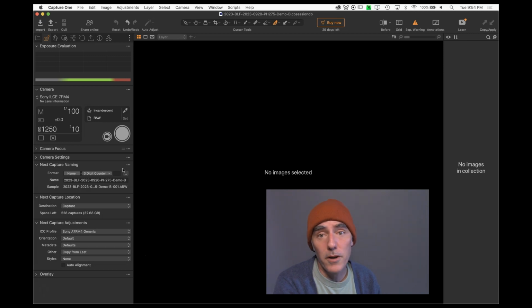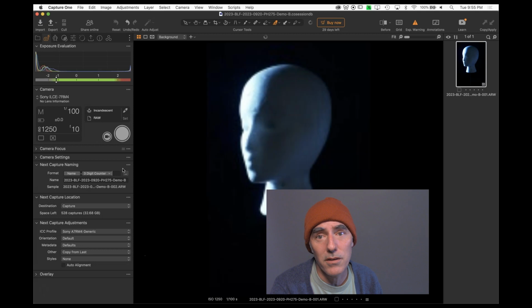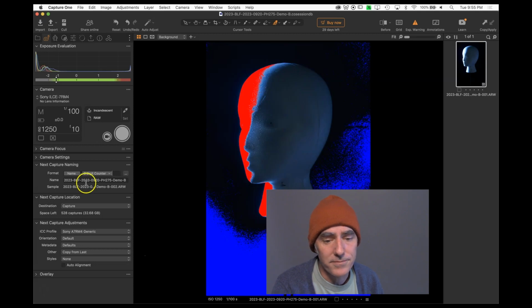I've set my white balance to be something that is wrong. Since I can't be in front of the camera and I can't ask somebody else to be in front of the camera, I've got a mannequin head in front of the camera. So I'm going to go ahead and take a picture of my friend, the mannequin head. Cool, right, so white balance is off, all that good stuff. Just like the other one,